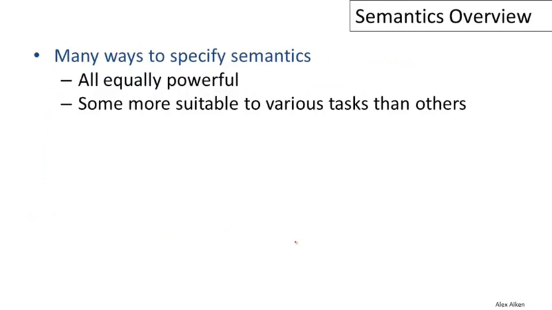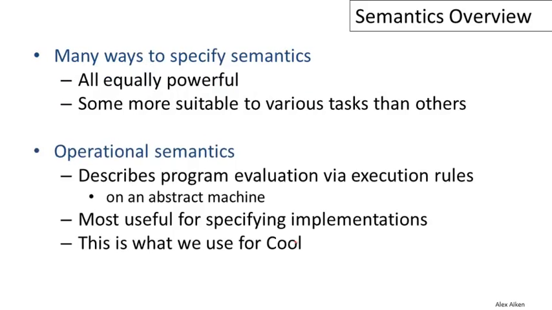So there are many ways to specify semantics that would be suitable for our task, and it turns out that these are all equally powerful, but some of them are more suited to various tasks than others. The one that we're going to be using is called operational semantics. Operational semantics describes program evaluation via execution rules on an abstract machine. We just give a bunch of rules that say, for a particular expression, how it should be executed. And you can think of this as a very, very high-level kind of code generation. This is most useful for specifying implementations,